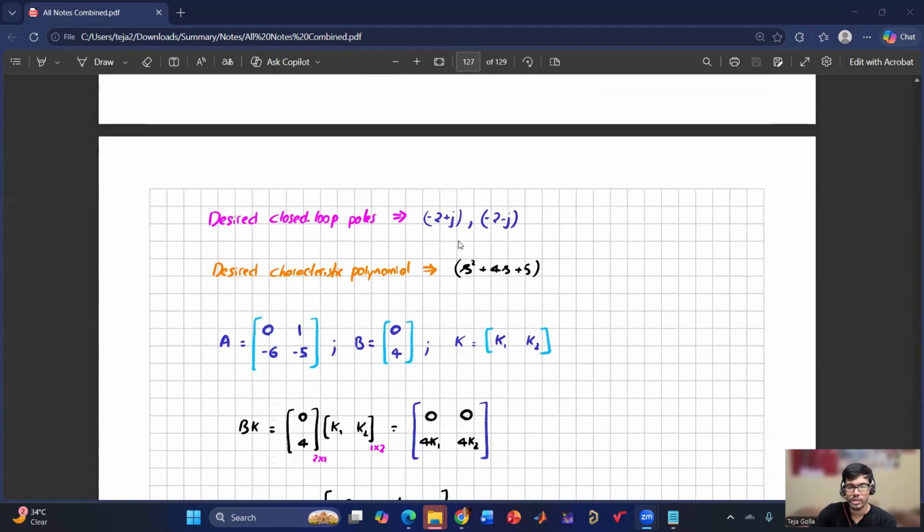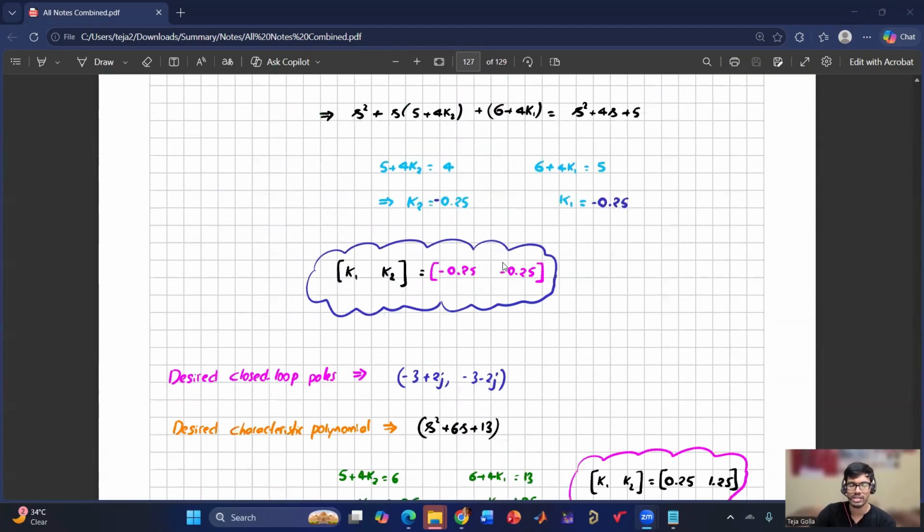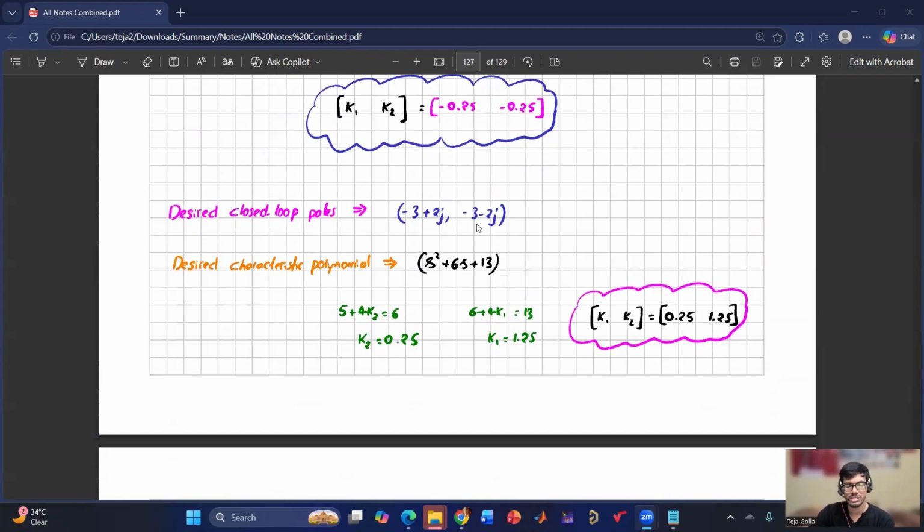So I have also provided you one code where you enter the closed loop poles and it will give you the characteristic polynomial. So it will make our life simpler. And I do this to avoid calculation mistakes whenever I'm teaching. So I have used MATLAB for that case. And we have solved for K1 and K2. And then I have also solved what if the desired closed loop pole locations are slightly different, what will be the